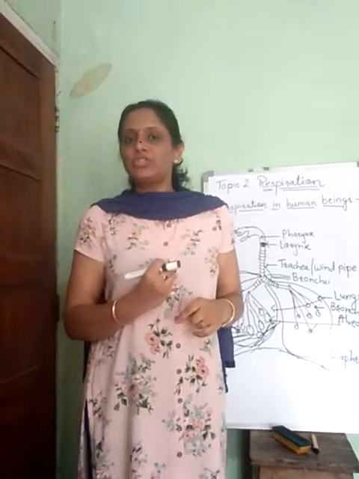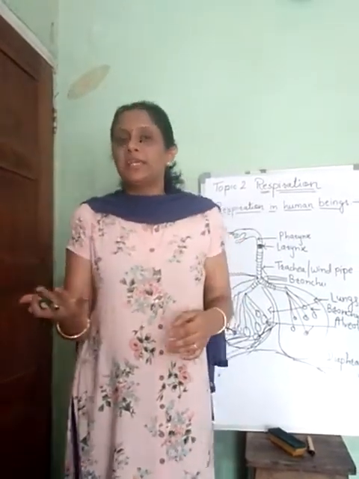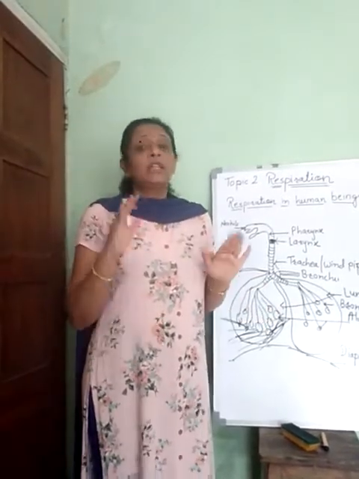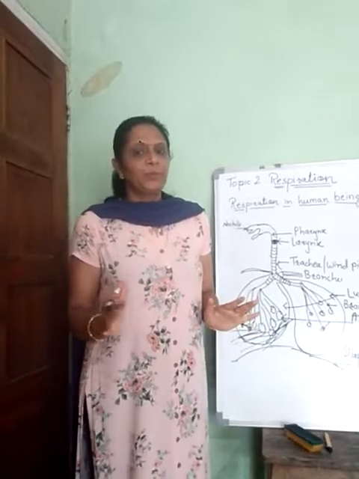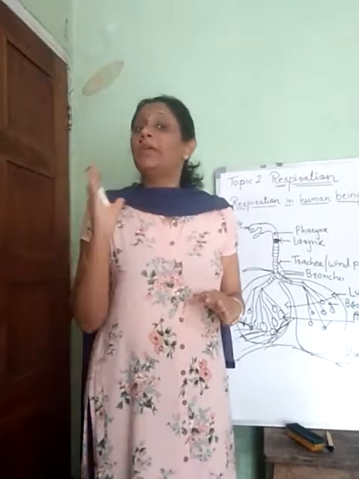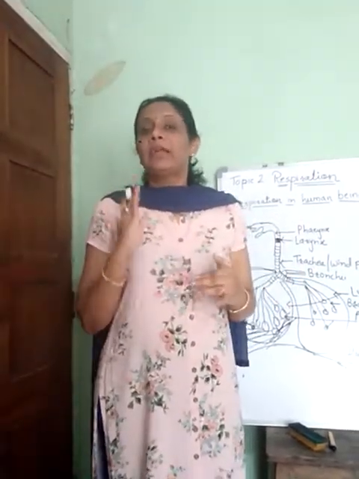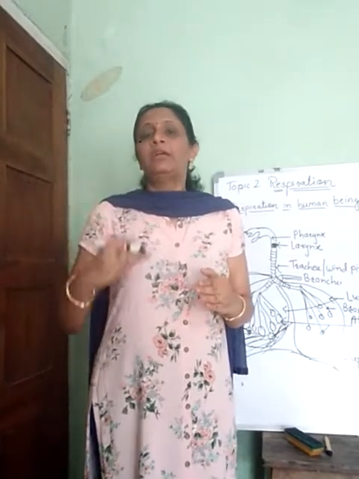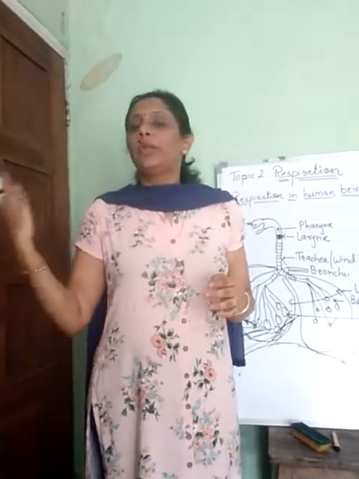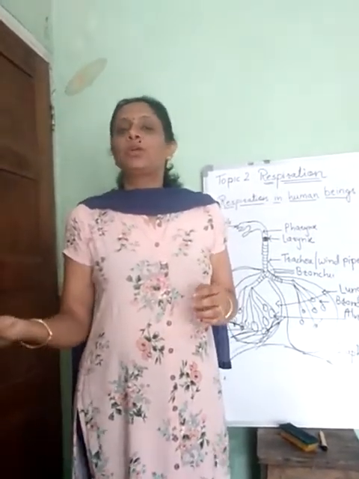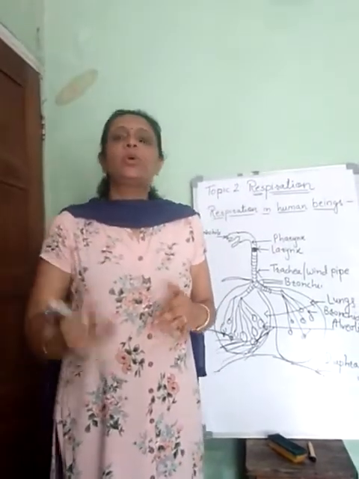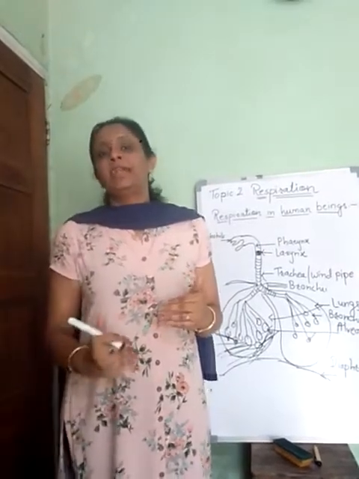Within a fraction of a second, this inhalation and exhalation takes place, and the complete process of breathing is done. Then the oxygen from the blood goes to the various cells, and the aerobic respiration we have studied takes place: glycolysis occurs in the cytoplasm, glucose is broken down and converted into pyruvate, then pyruvate enters the mitochondria and is broken down, producing 38 ATP molecules for the generation of energy. So this is how the total respiration process takes place.